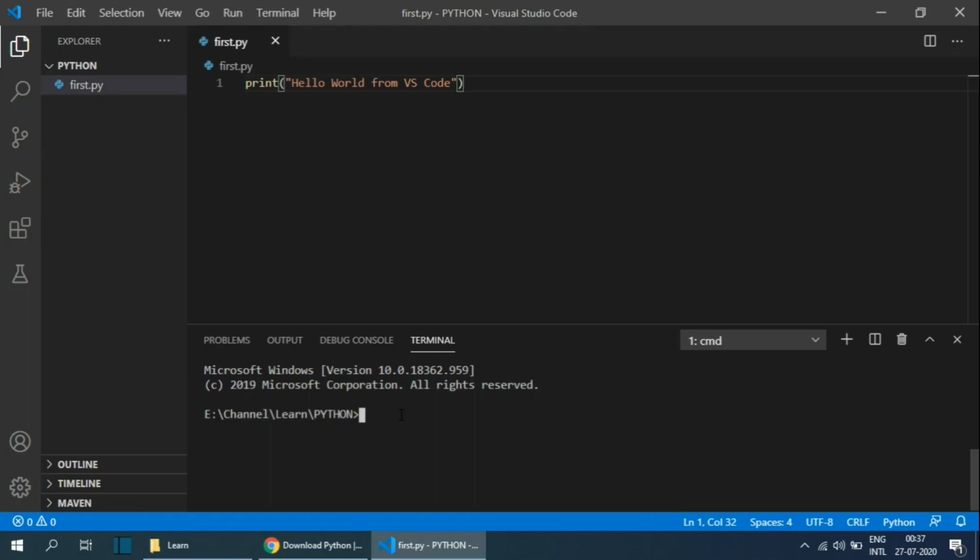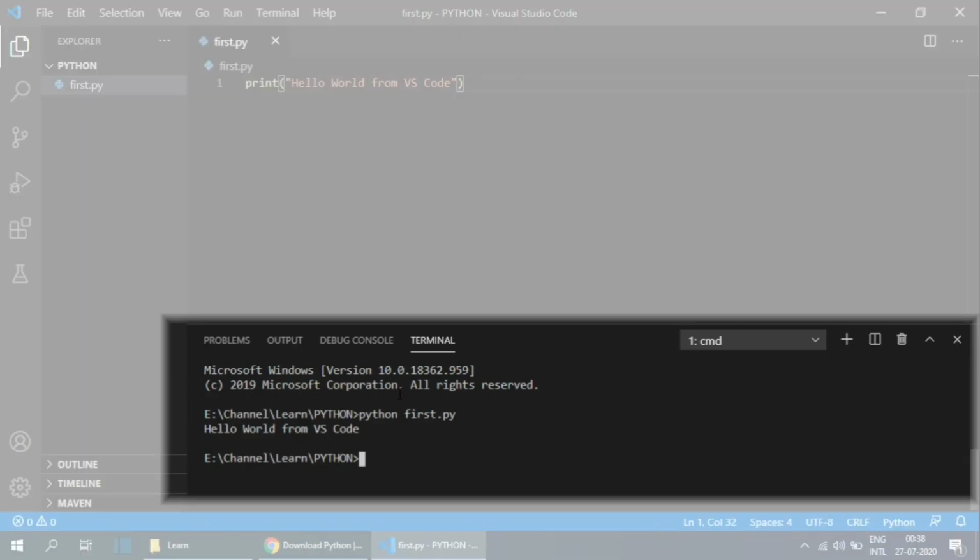To run the file first.py, which we have created right now, we are going to type the command python space first.py. As you can see, the file is now executed and you are able to see the output in the terminal.